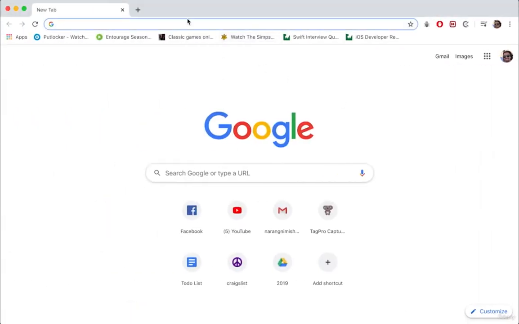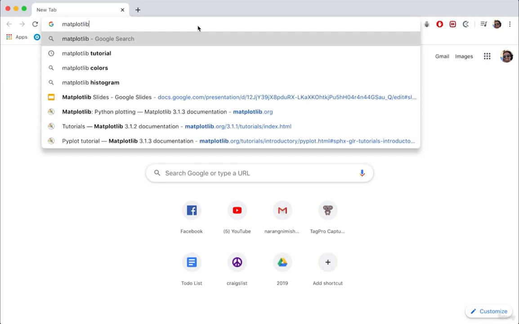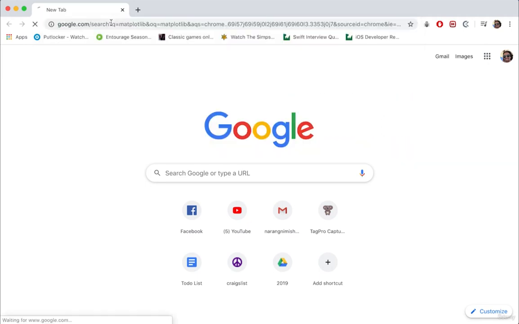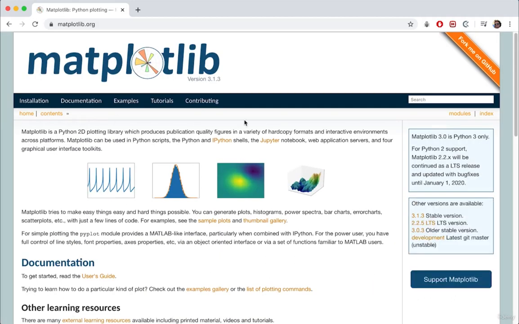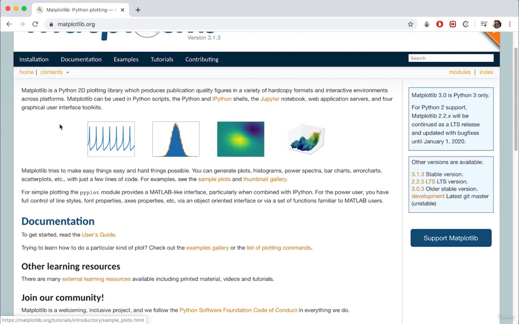Alright, so as you can see, I've got Chrome open here. If you want to use a different browser, totally fine. This will just be navigating to the documentation. So I'm just going to search for Matplotlib here, one word, and we're going to go to this first site. This is the official Matplotlib web page, or I guess the home page. As you can see, it gives you information on installation, the documentation, some examples, some